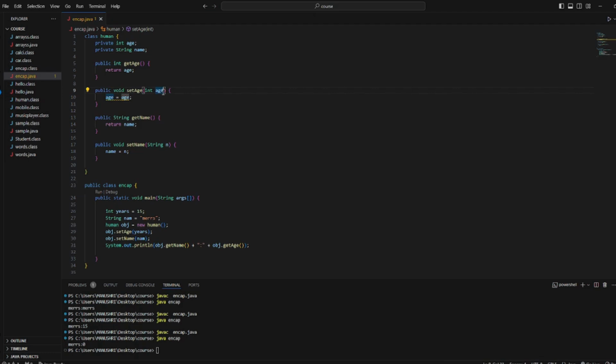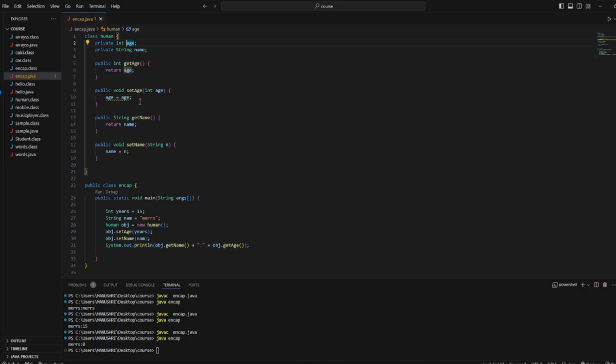So the heap memory which has the instance variable age will be 0, and unless or until the age from the set age method is mapped to the heap memory instance variable, it will be 0.